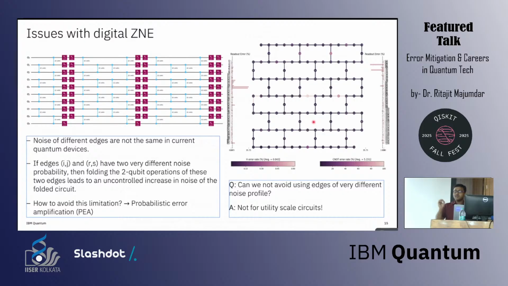Question is, can you avoid this? Can you say that, okay, when you put your circuit on the hardware, just try to avoid these outlier gates? This is one possible solution that you can have. But if you want to run really big circuits, and that's what we want to do, to go to a scale where classical is struggling, where classical cannot go, at that scale where you want to use almost the whole of the hardware, you don't have the liberty to say that I'll not use this gate, I'll use that gate. We don't have the liberty for that. And therefore, this kind of issue comes into play.